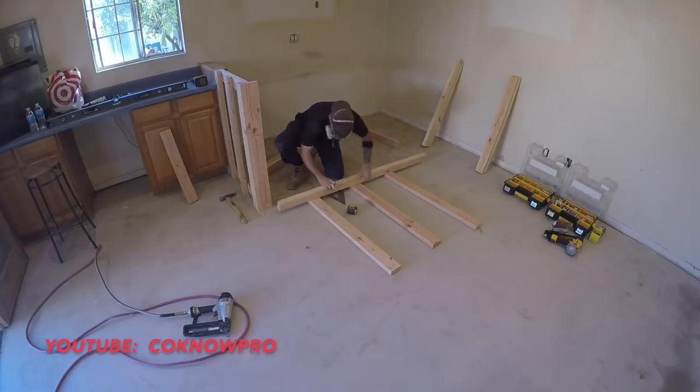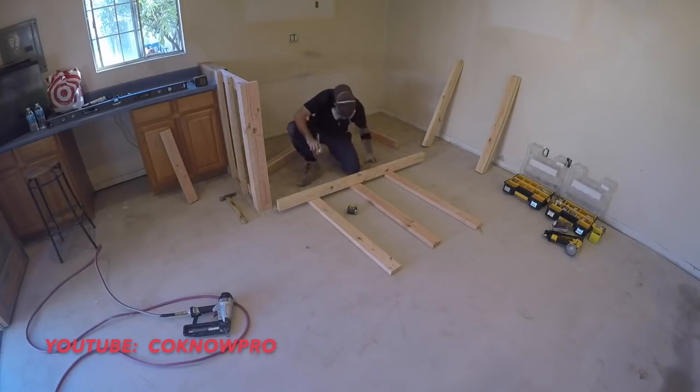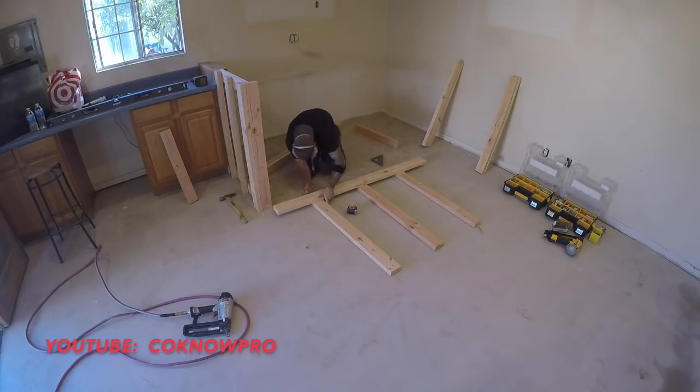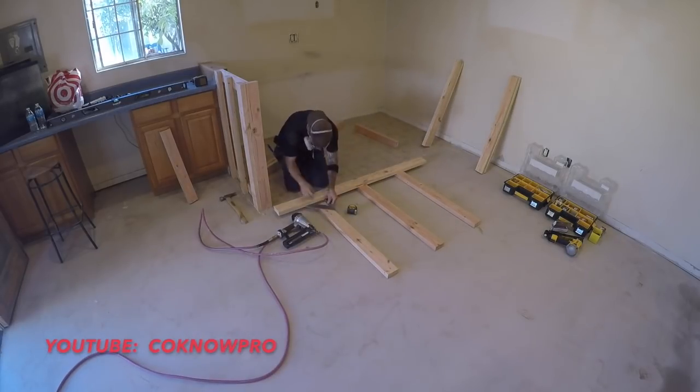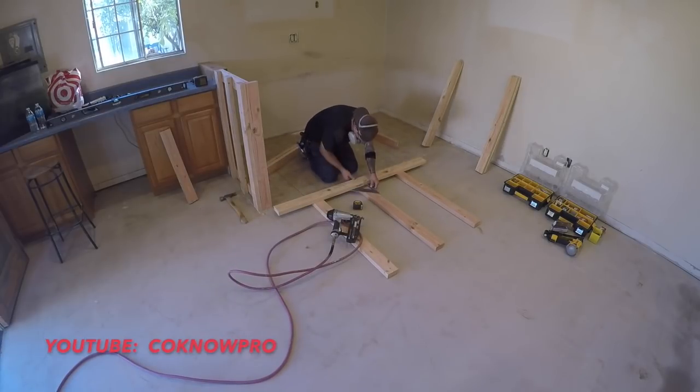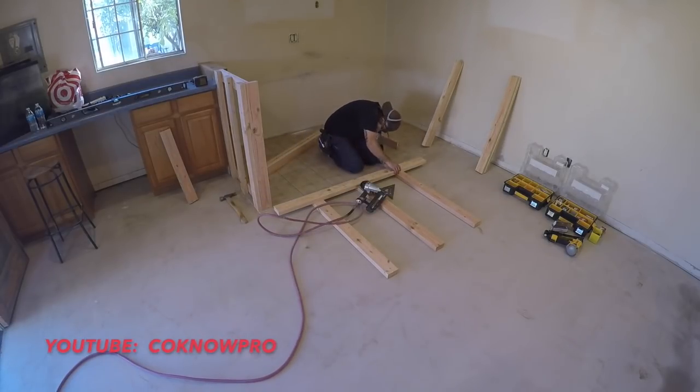Always double check your layout before you start nailing everything together. What we're doing here is nailing everything together with a 16 gauge brad nailer with 2-inch brad nails. And then we're going to go back through in a little bit and resecure everything with some screws,